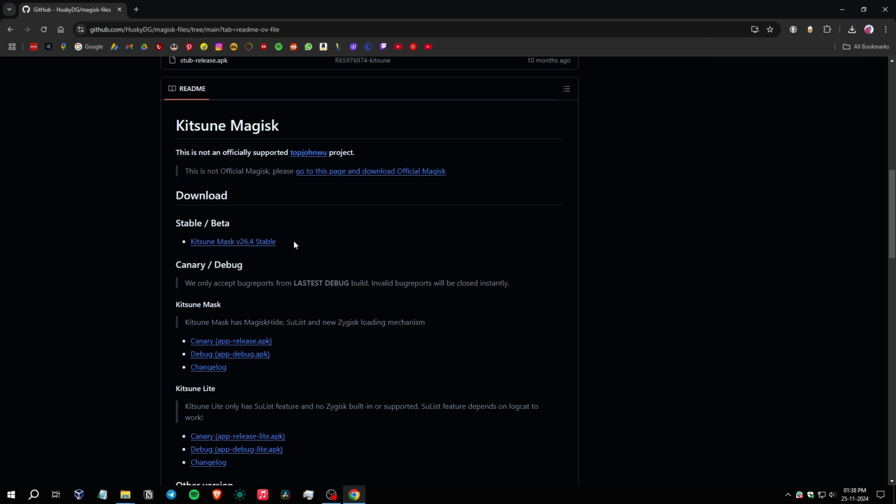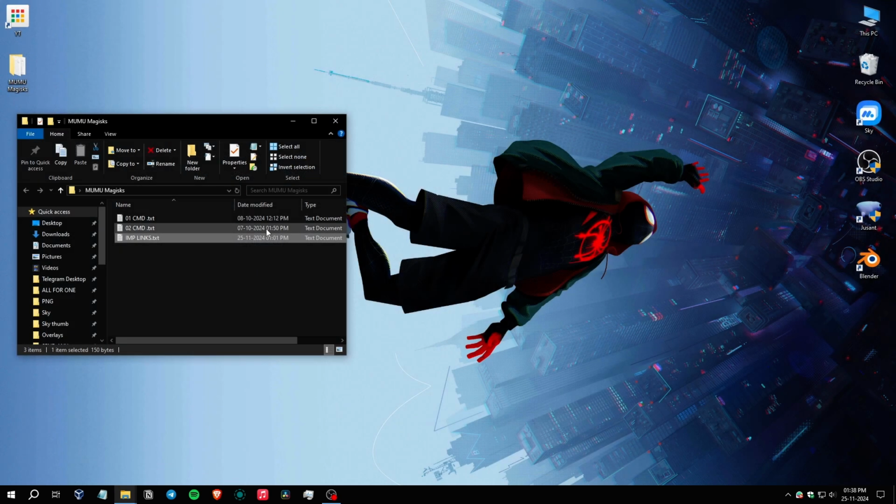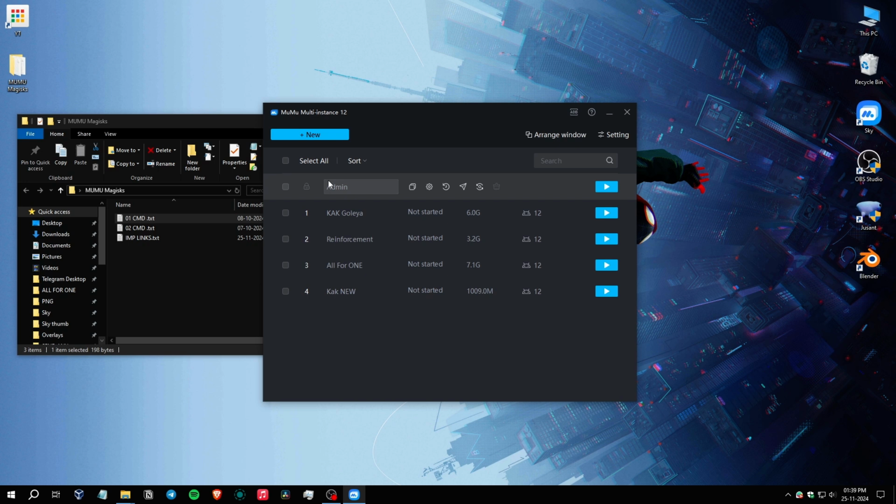You have to tap here to download. Okay, I already downloaded it, so let's quit. And after you download it, you don't have to do anything. The second step is just to open your emulator